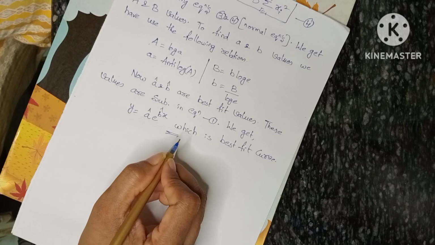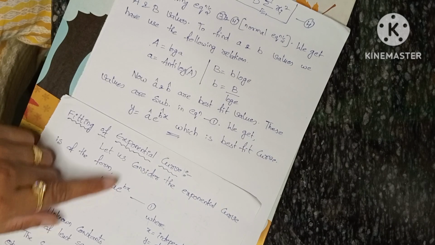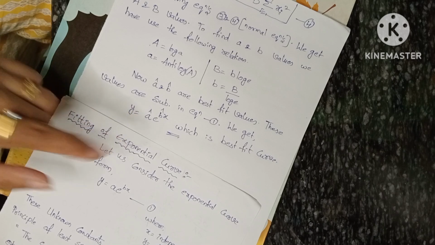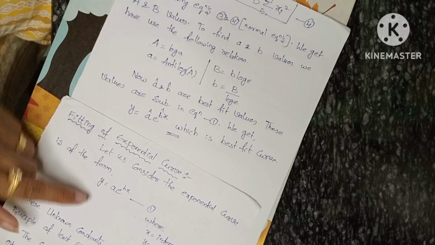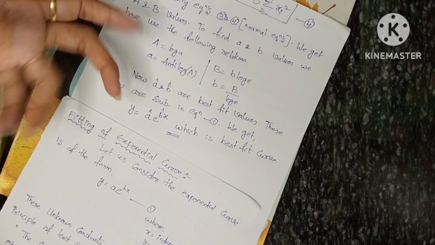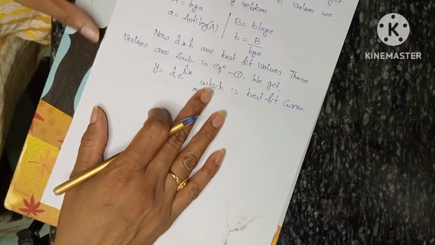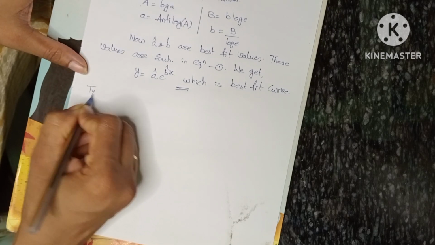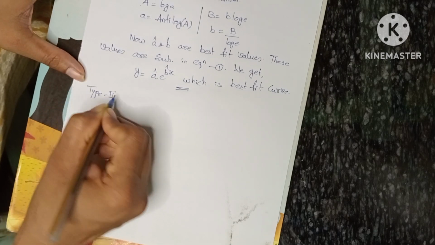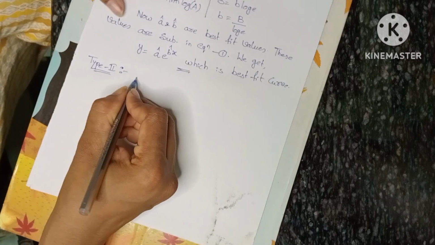Okay, so like this we have to fit an exponential curve. Nothing but in place of y, we kept y cap. Y cap indicates the value which we have found out. Okay, so b cap into x. Okay, so this is type 1 exponential curve. Now we are going to do type 2 exponential curve. Okay, so let us consider